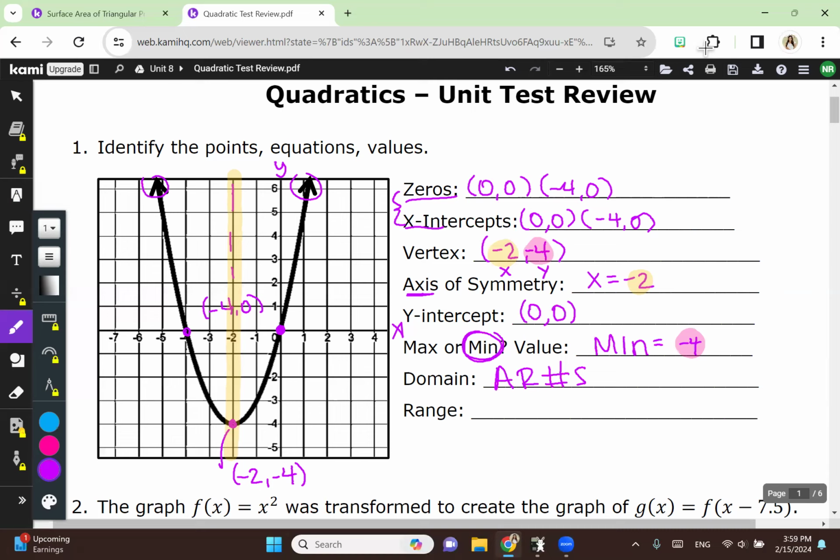And the range, when you're writing your range, always start with this format and think if you have